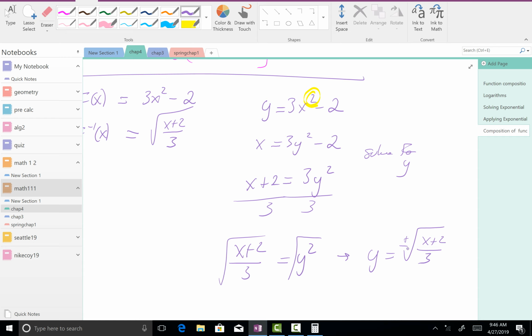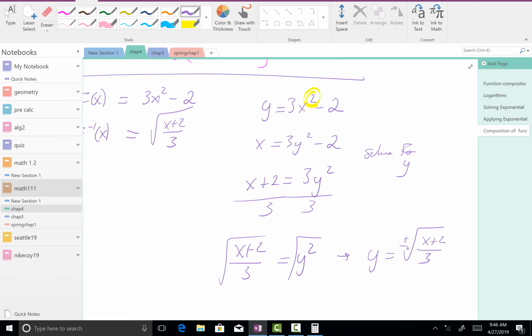So when we graph these things and we use a horizontal line test, that will tell us if our inverse will be a function or not. Because if this graph doesn't pass the horizontal line test because it hits in 2 spots, then its inverse will not be a function. So we have to make a change to say that it is. Okay? So then we'd have to go back up and say, nope, we got to make this